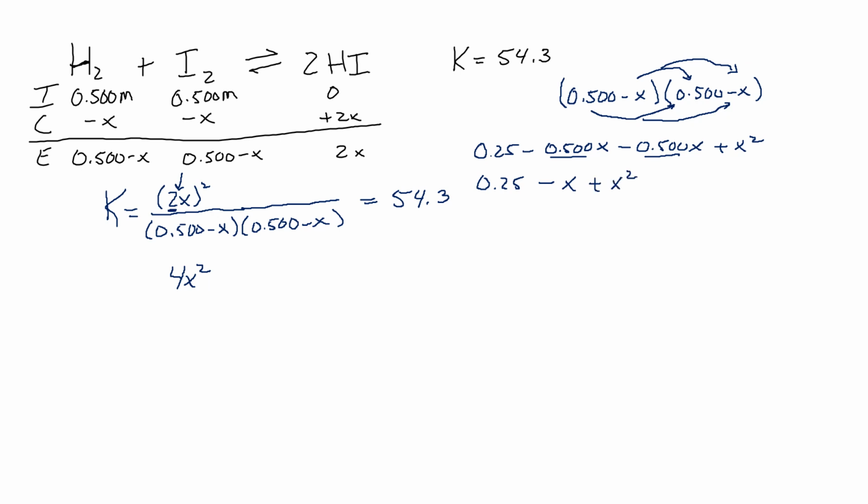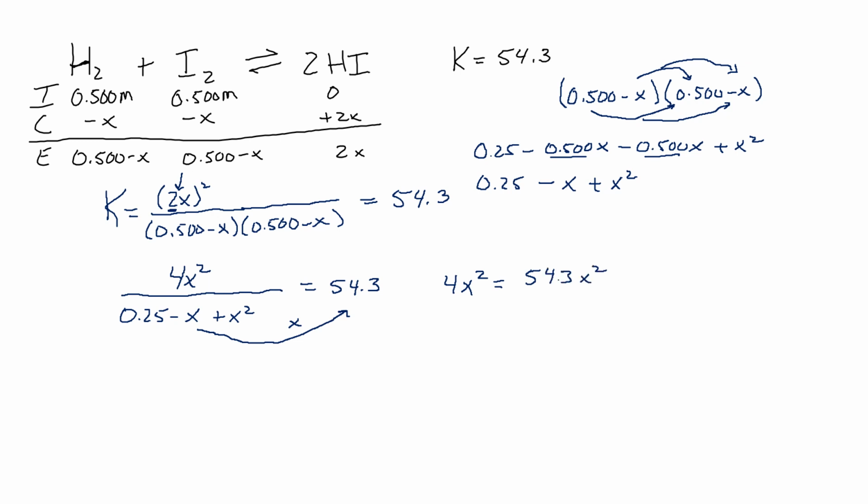So I'm just going to bring that back over here to our bottom. And that would get us 0.25 minus x plus x squared, and finishing out there would be 54.3. Now we're going to take everything on the bottom here and multiply it to the other side. And doing that will leave us just 4x squared there on the left, which will now equal 54.3x squared